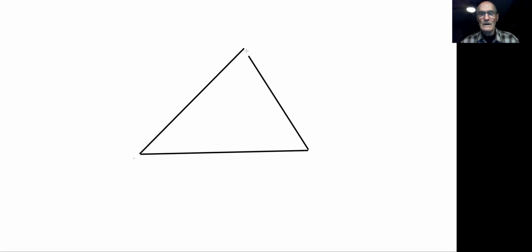We will first draw a triangle here. The triangle doesn't have to be any special type of triangle. Okay, so we can say this is triangle ABC. Now, the first thing we will look at is what's called the medians